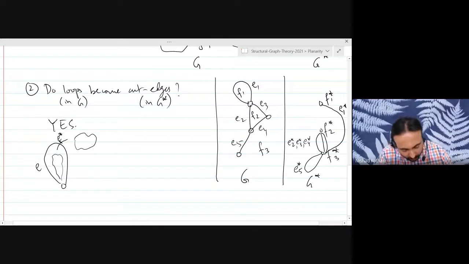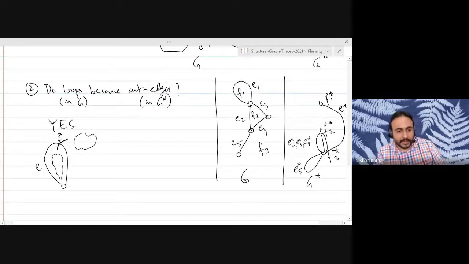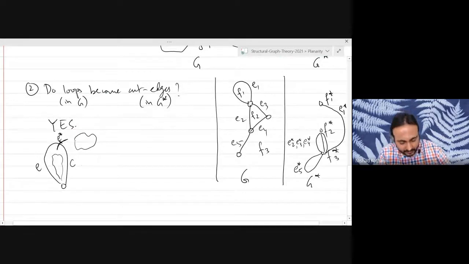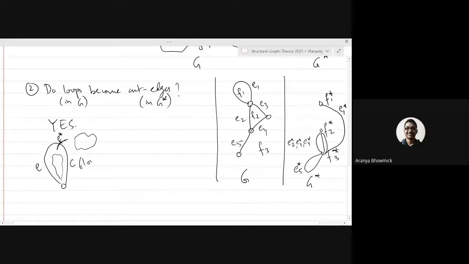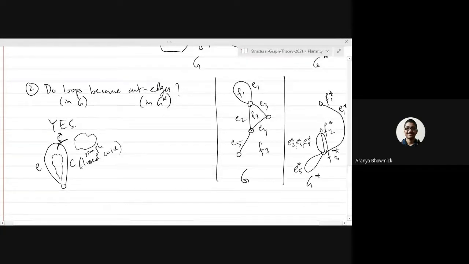So if E is a loop, the edge E star will disconnect everything that is drawn inside this cycle. Think of this as a closed curve. The loop E is basically a closed curve. Do you agree? So basically, any loop partitions the plane into two regions. Inside the first region, there will be some faces of the original graph G, and inside the second region, there will be some faces, because it is a planar embedding. Exactly. So the faces inside the loop correspond to vertices in G star,